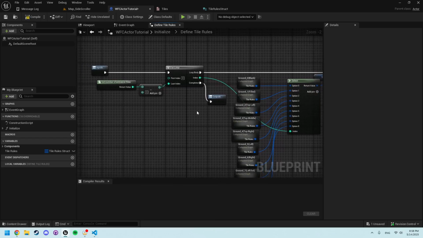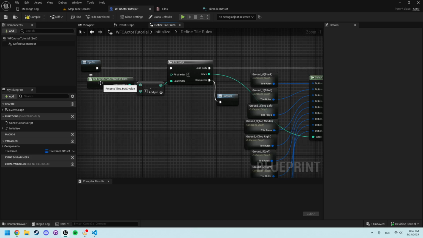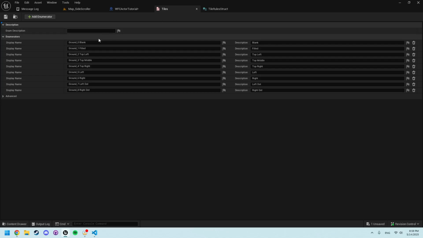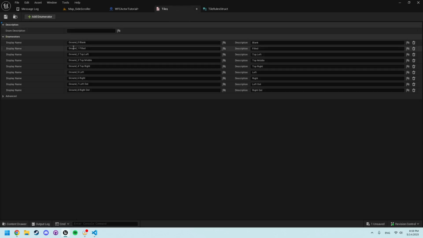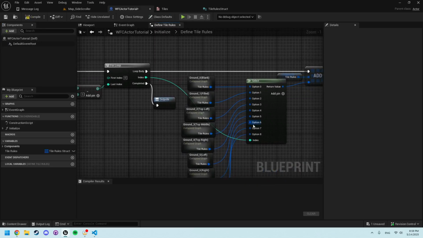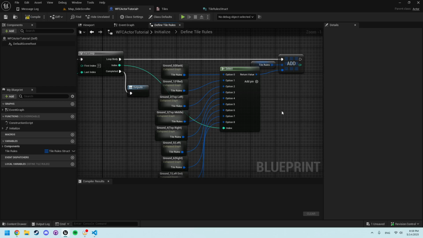I have a for loop and it is running for the number of entries in tiles minus 1. So it's getting the max number of these. There are 9 of them. It starts at 0, ends at 8. That means there's 9, and we're subtracting 1 to zero it out. So it'll go from 0 to 8, just like this: 0, 1, 2, 3, 4, 5, 6, 7, 8. And then from there, we are going to